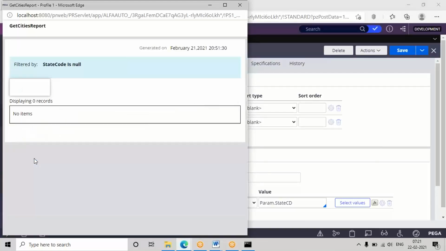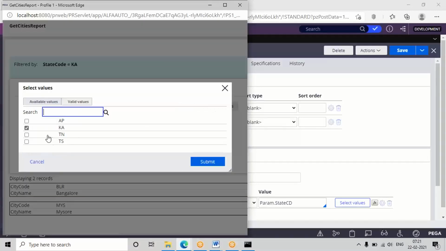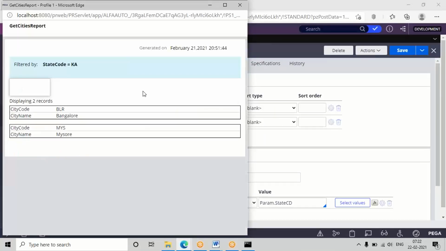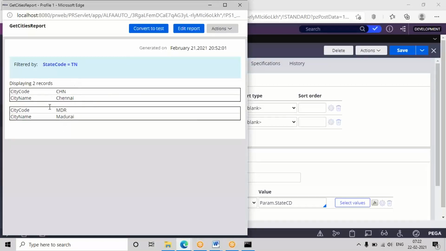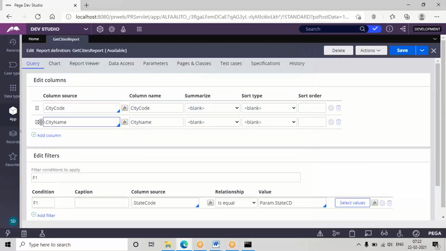So whatever value is chosen, based on that you will get the city values populated. If you update the value, and it is working here, wherever you map this report definition, there also it is going to work. If I change the value, then accordingly it will display the city names in the display here. Okay, so if it is working here, and you map it at the UI level also, this data will work. So we need to go to a customer design.